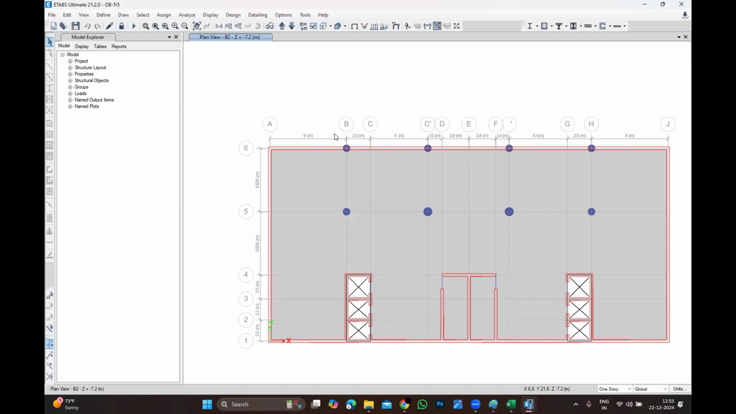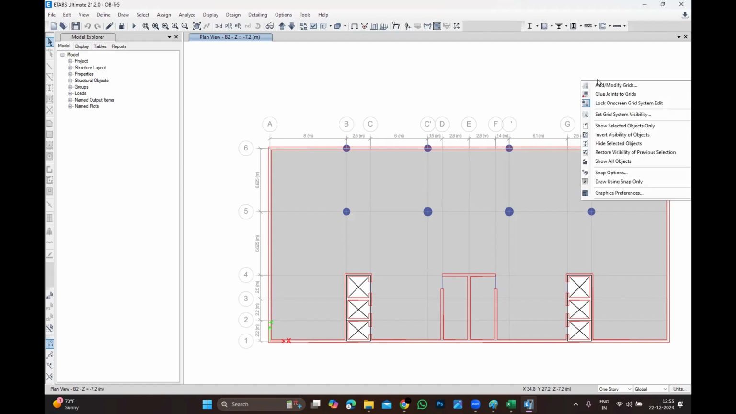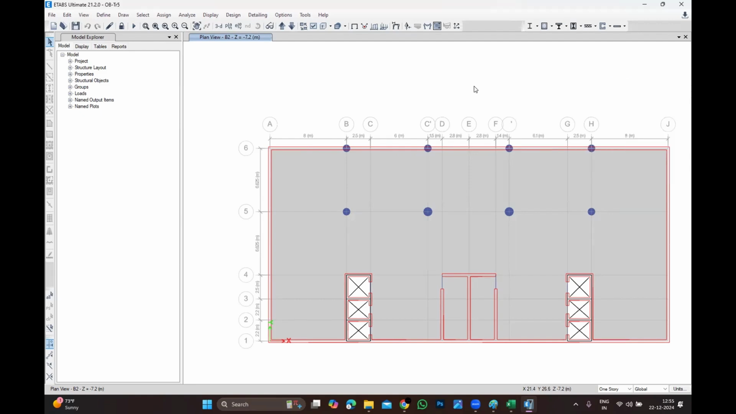The screen itself, right click. Here, screen itself right click, set grid system visibility, if you want to just hide the entire